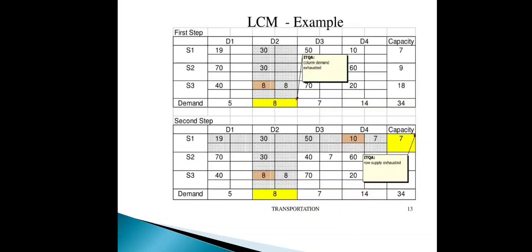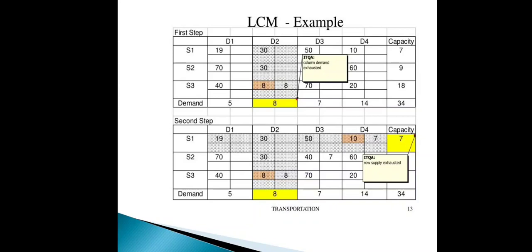Next, now we have only 3 rows and 3 columns. We check the least value in the problem. The next least value is 10. 10 occurs in first row fourth column. So we take that particular cell. Again we check capacity and demand. Capacity is 7 and demand is 14. So 7 is minimum, and we put 7 in that cell. Then 14 minus 7 is equal to 7. Now capacity is 0, so we cross off the first row.